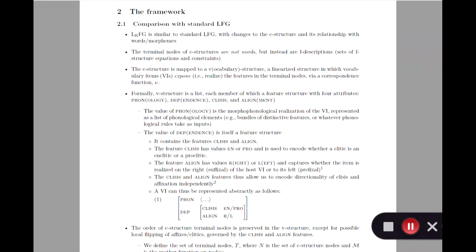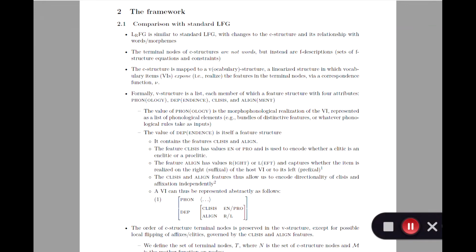The F structures and S structures are going to be more or less familiar from standard LFG. But in the C structure, the terminal nodes aren't words themselves, but instead they're abstract. They're F descriptions, so sets of F structure equations and constraints. And then this is mapped to a separate structure, a V structure or vocabulary structure, which is a linearized structure in which the vocabulary items, or VIs, expone or realize the features in the terminal nodes via a correspondence function, V. And so formally, the V structure is a list, each member of that list being a feature structure